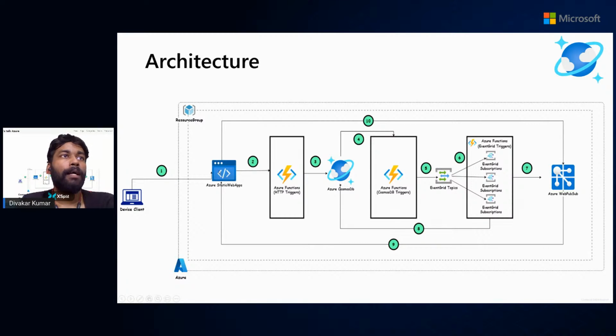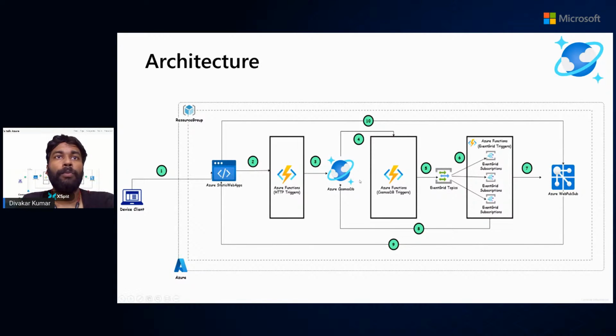From this front-end application, we are going to call REST APIs. We have defined REST APIs in Azure Functions as HTTP triggers, because our entire application is built in a serverless, event-driven architecture. That is where all of these HTTP calls go into the Azure Functions. And from the Azure Functions, we are persisting the data into Azure Cosmos DB. This is where the vital role kicks in. Now the different events will be fanned out to different subscribers.